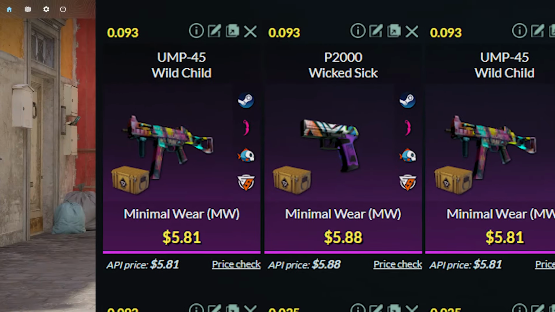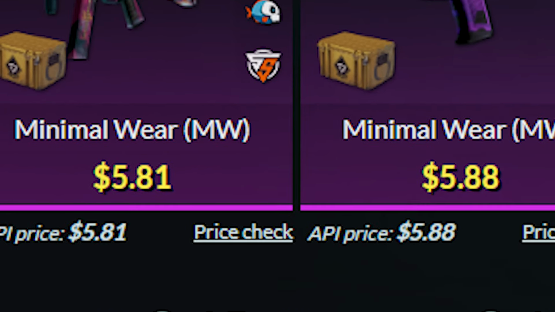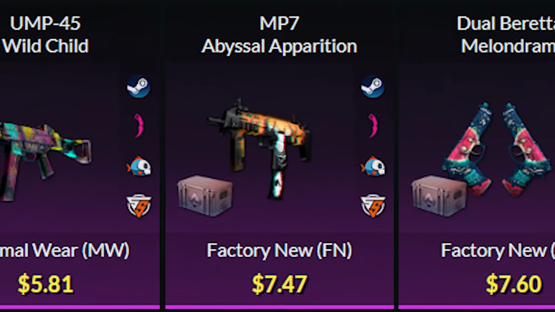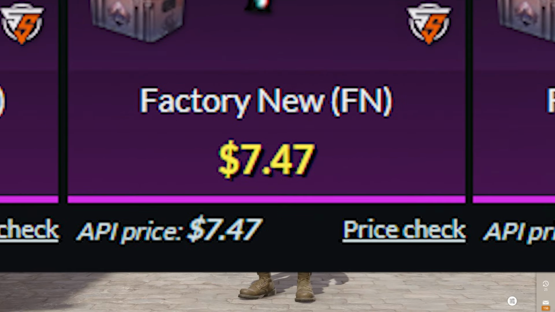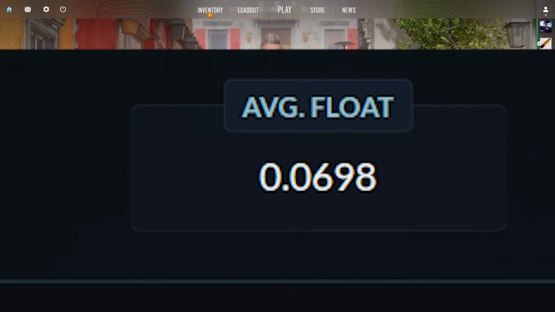You can use either the UMP Wild Child or the P2K Wicked Sick, which you can get for around $5.80 each. And also you'll be using 4 factory new Dreams and Nightmare skins. You can use either the MP7, the Dual Berettas Melodrama, or the FAMAS Rapid Eye Movement, which you can get for around $7.50 each. And the average float of the 10 skins needs to be less than 0.07, so what